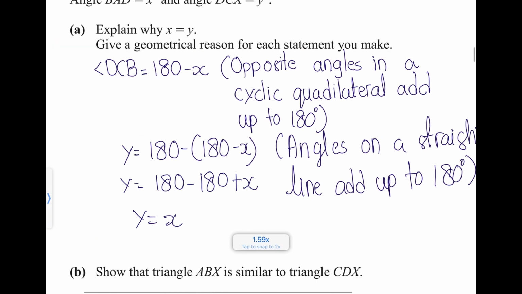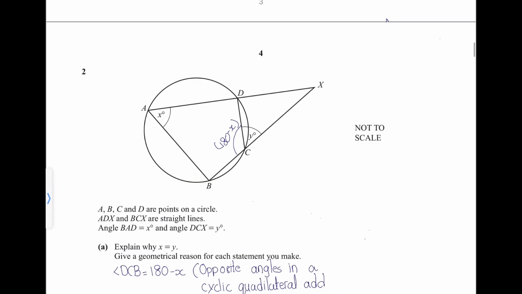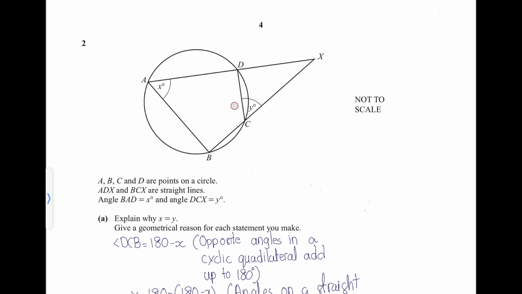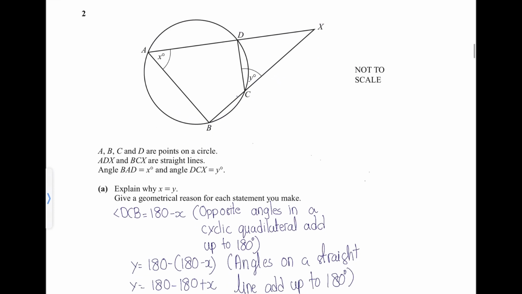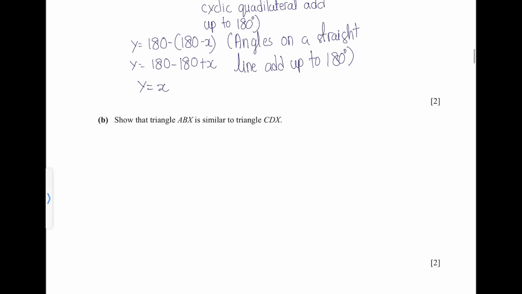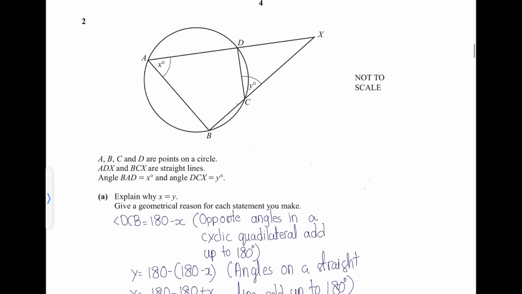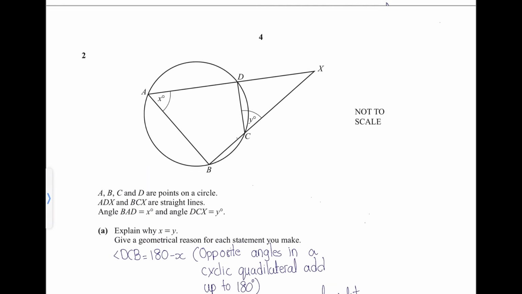y is equal to x. Show that triangle ABX is similar to triangle CDX. You have to prove that this big triangle out here, ABX, is similar to this triangle. All right, this is relatively easy. So one thing we know is that angle x is equal to angle y. Then we have angle AXB